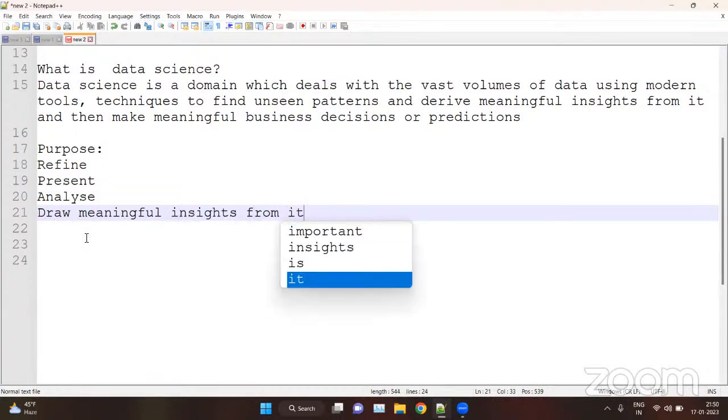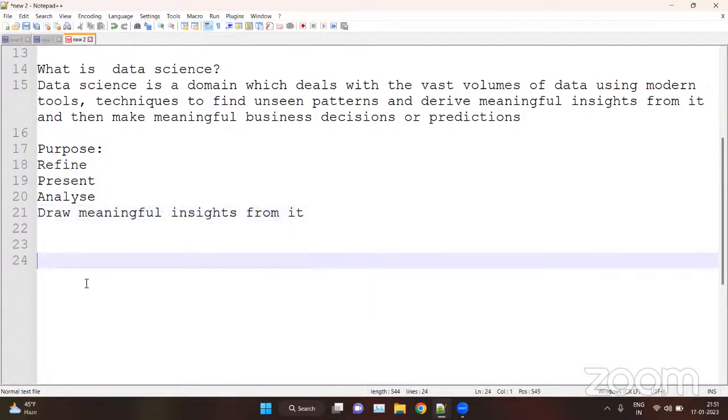That is the main motto of data science. That is, to refine the data, present the data in a structured format in graphical representation, analyze the data and draw meaningful insights from it. That is data science.